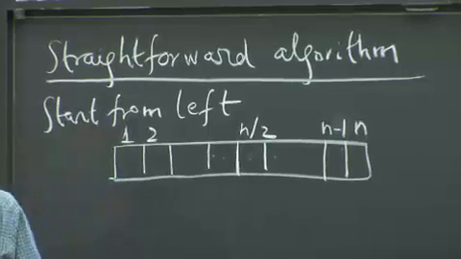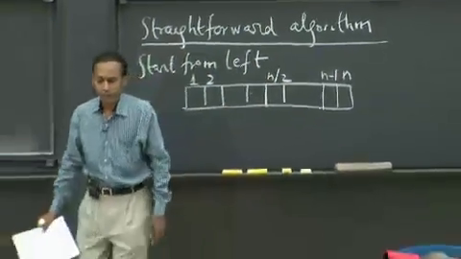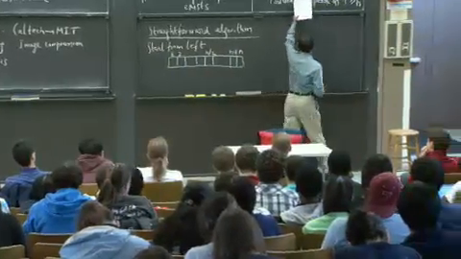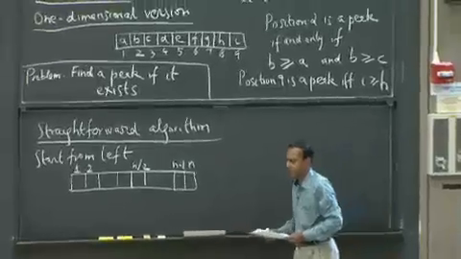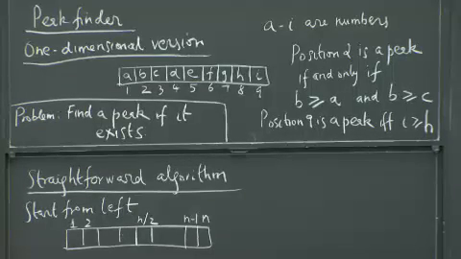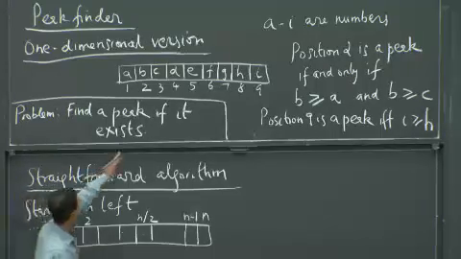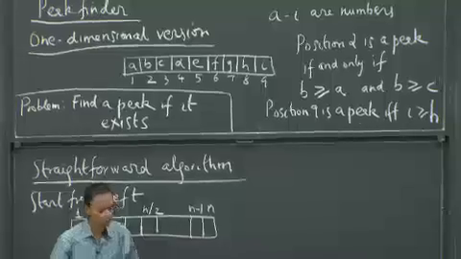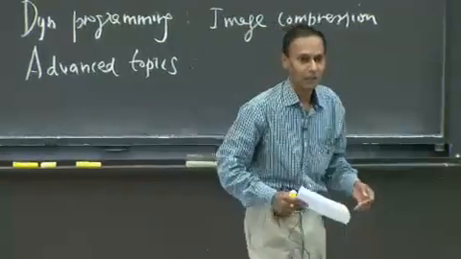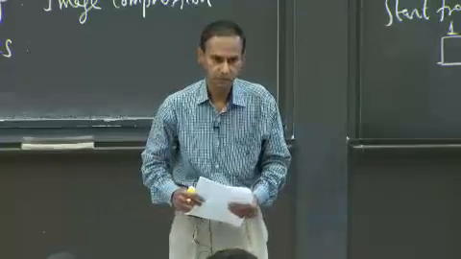Yeah, question? Why do you say if it exists? With the criteria that you have for a peak, aren't you guaranteed a peak? That's exactly right. I was going to get to that. If you look at the definition of the peak, what I have here is greater than or equal to. That's a great question. Why is there an 'if it exists' in this problem? Now, in the case where I have greater than or equal to, this is a homework question for you and for the rest of you. Argue that any array will always have a peak.